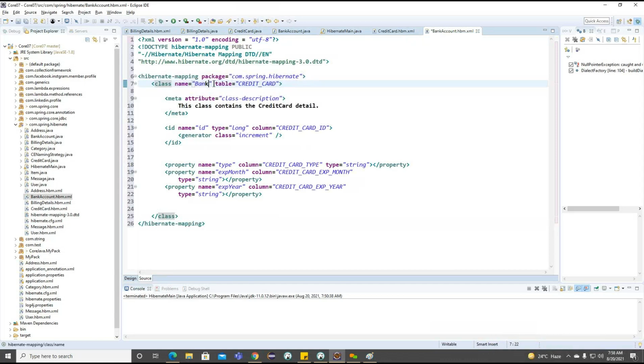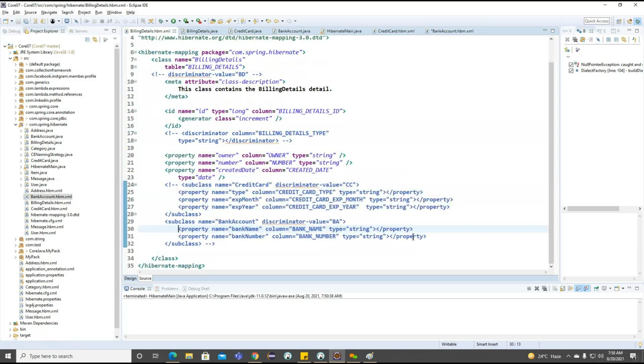Now the bank account here. Bank account, and bank account ID.